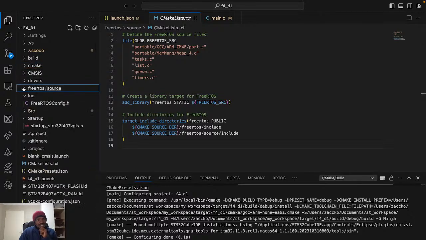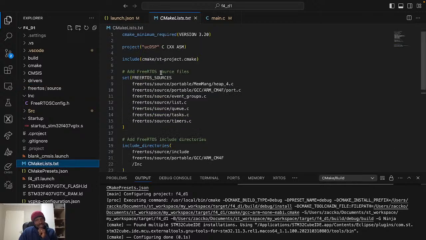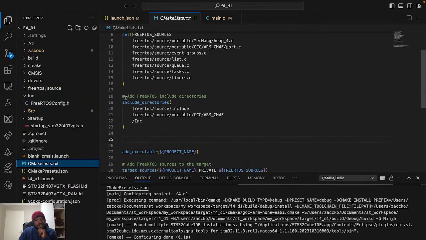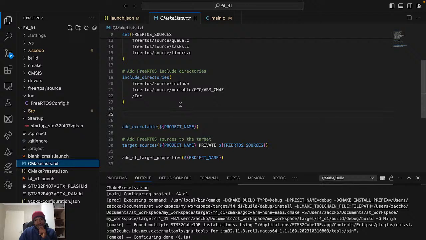In our whole project, let's go to the CMakeLists here. Add FreeRTOS source files, add FreeRTOS include directories, and then we can add FreeRTOS sources to the target. Okay, cool. And then in our ST CMake,